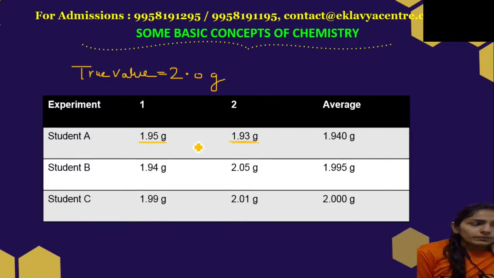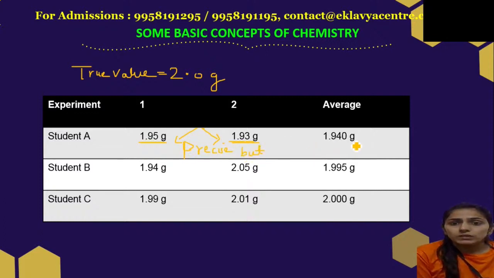Since these values are very close to each other, this means his results are precise because the values are close. But if we see the average value, it is 1.94, but the actual value is 2.0. So his results are precise but not accurate. We cannot say that he has obtained accurate results. Now